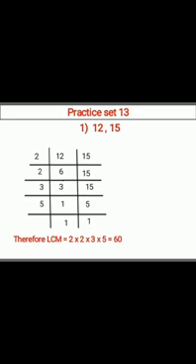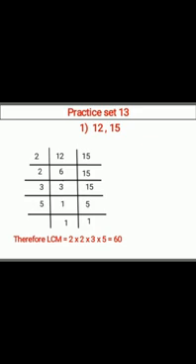The first question of practice set 13 is to find the LCM. Now you know how to find the LCM. The first sum is 12 and 15. Now we will do it in a vertical arrangement, taking both the numbers together. And for this you have to know the test of divisibility. Now 12 and 15. 12 is divisible by 2 but 15 is not divisible by 2. So you will write 15 as it is, and for 12 you will write 2 sixes are 12.